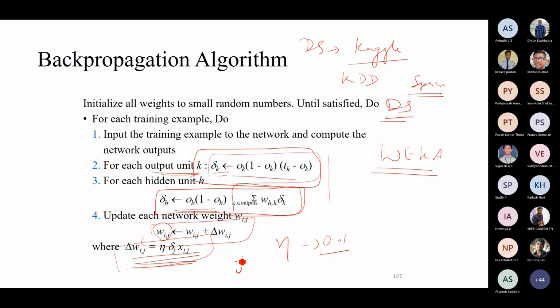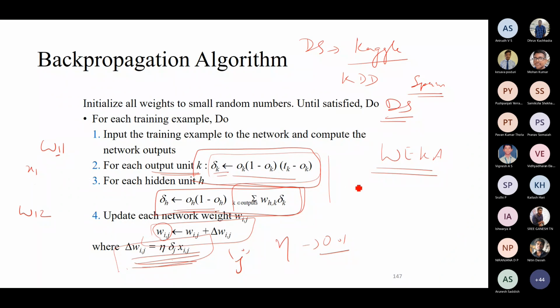So j is the hidden layer number, and i is the weight vector of the ith input given to the jth unit. So W11 corresponds to x1, that is, the first feature, and you are giving it to the first unit. Supposing I say W12, it corresponds to the first feature's weight for the second unit. We will see that with an example.